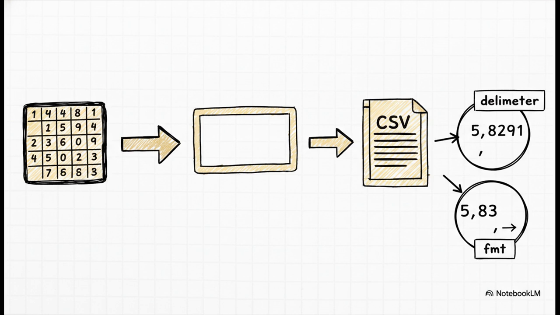First is the delimiter. That's just the character that goes between your numbers. A comma, like we have here, gives you a standard CSV file. But the second one, fmt, is a really big deal. This controls how your numbers are formatted. Here we're telling it to only save 2 decimal places. If you forget this, NumPy might save your numbers with 16 decimal places, and your file size will just explode